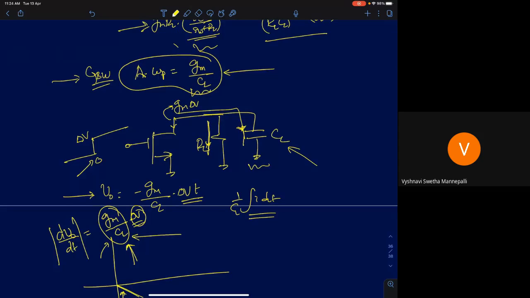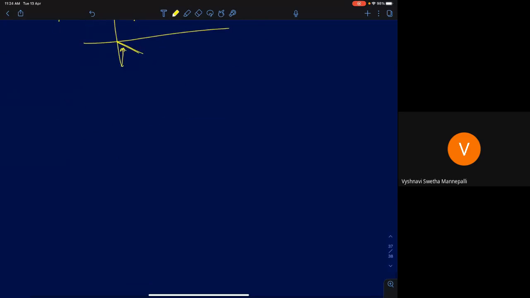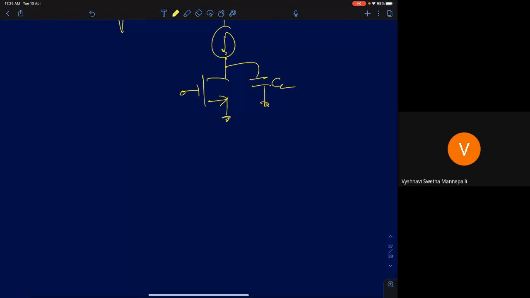So now let's assume I give you an amplifier this way, wherein it's biased using a current source and you have a load capacitance. Now can you tell me the pole, zeros and DC gain? What is the DC gain? Let's assume there is R0 present in this. What is the DC gain for the system?